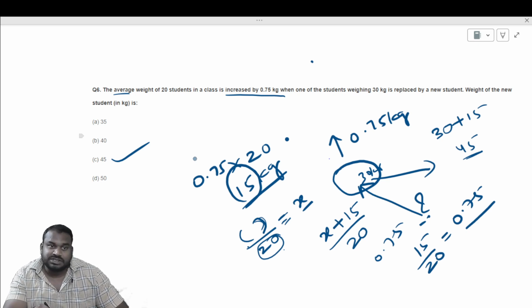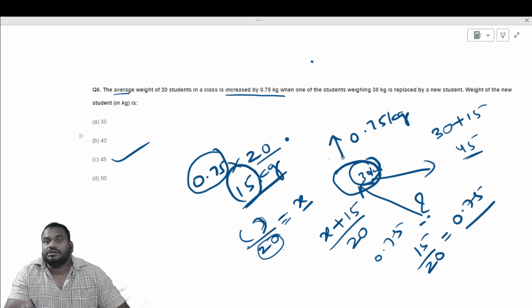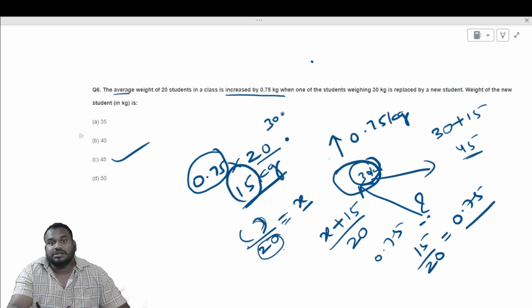So in this type of question, whatever the increased average is, when one person went out and another entered, the increase in average multiplied by the total number of students should be added to the person who went out, and that will give you the answer. Suppose the average is decreased, it means it should be subtracted from 30. 30 minus